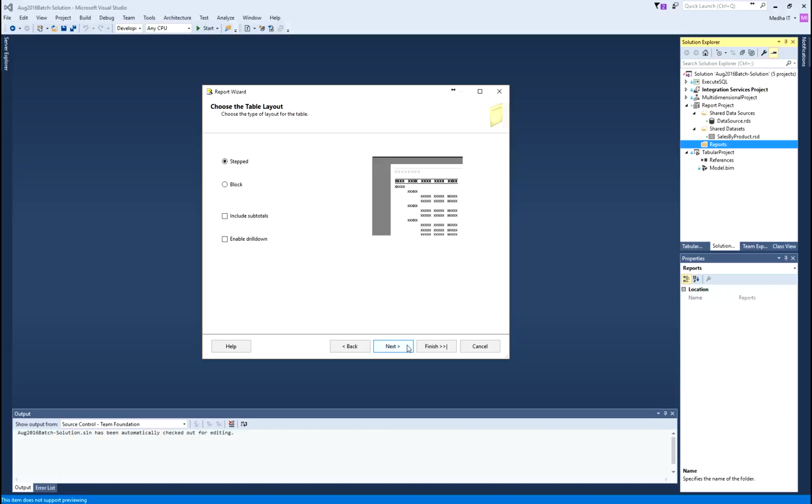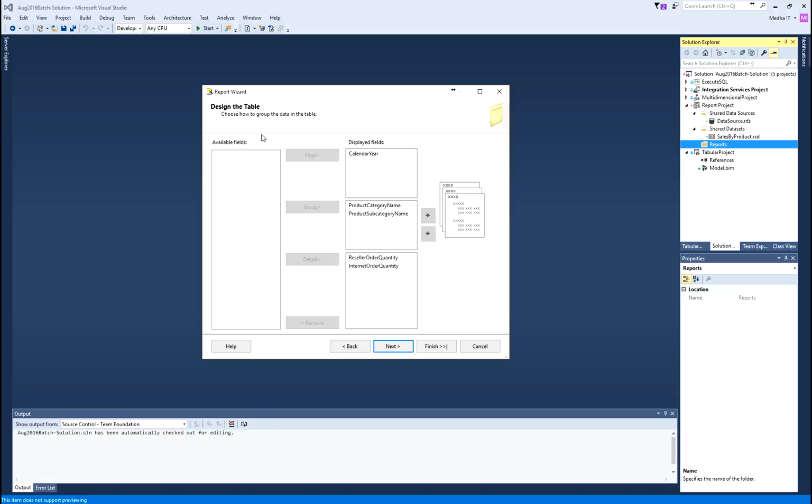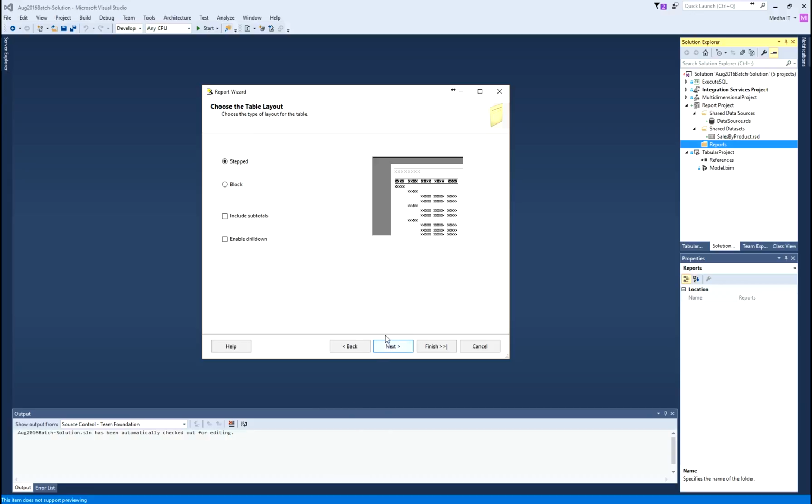So I click next, and now the next option is the table layout. Earlier we picked table type. Table layout is just the layout. How do you want to lay out the content? So we actually picked how the design of the report should look like. The next step we will be just picking how the layout should be. This is a step where you will see header, another header, and the details. If you look at this one, you are not seeing totals here, the metrics at this layer. That means at the parent level you don't see any metrics. You will see metrics only at the detail level.